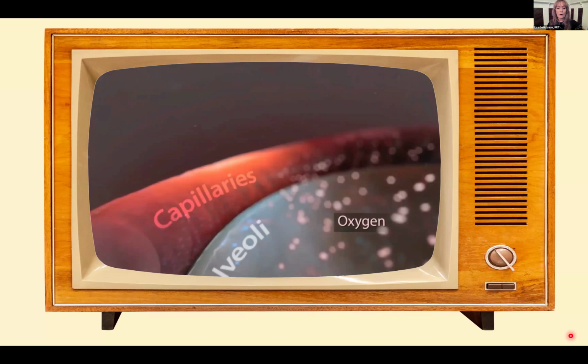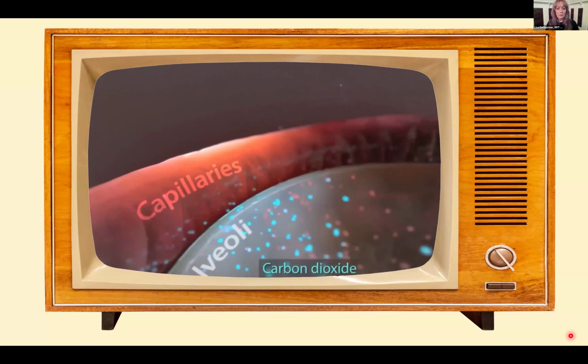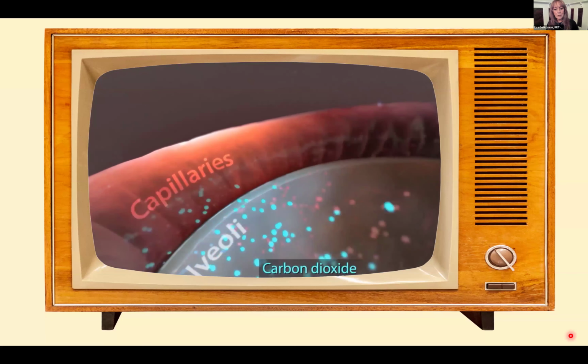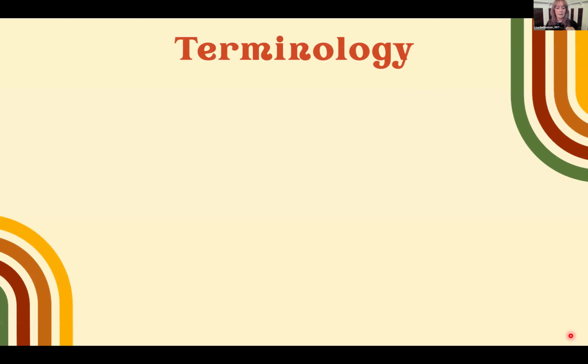Back on retro TV, we always watch these very technical shows that peeked right on into the lungs. So here, what we're seeing, the capillaries in red, so blood flowing through there, and then the alveoli sac at the bottom, little red dots going across are your oxygen, blue coming across is carbon dioxide, and it's a very thin membrane, one cell thick. So it has to be intact, it has to be working great. We have to have good oxygen getting there, and we have to have good blood flow and perfusion to get it back out. Everything works together to have us standing here, sitting here, watching this webinar and making the magic